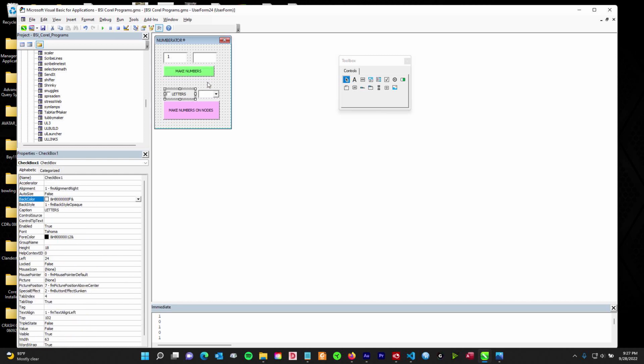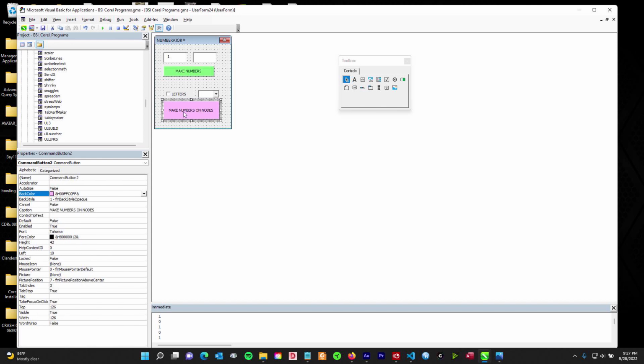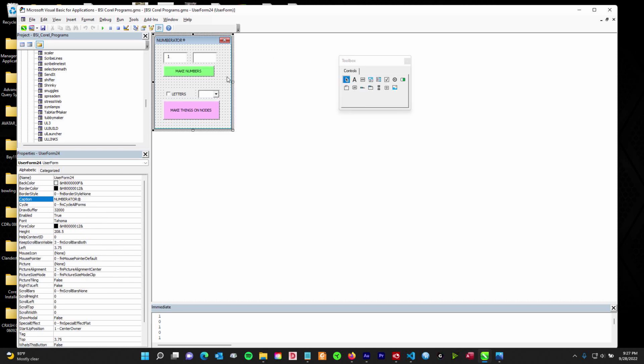So that'll be, turn this on for letters. Otherwise, it's going to default to numbers. So make numbers on nodes. So make, make IDs. No? What do we want to do? Let's just say make things on nodes. There you go. All right, cool. So now what we need to do is update the code. So we go in here,